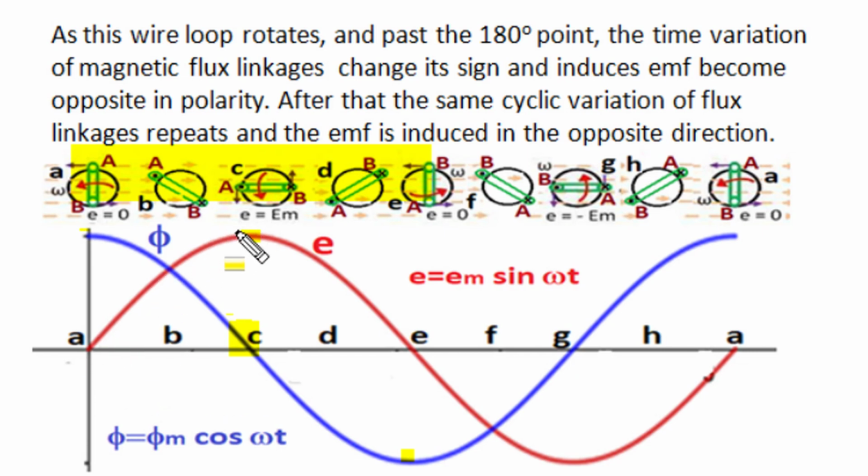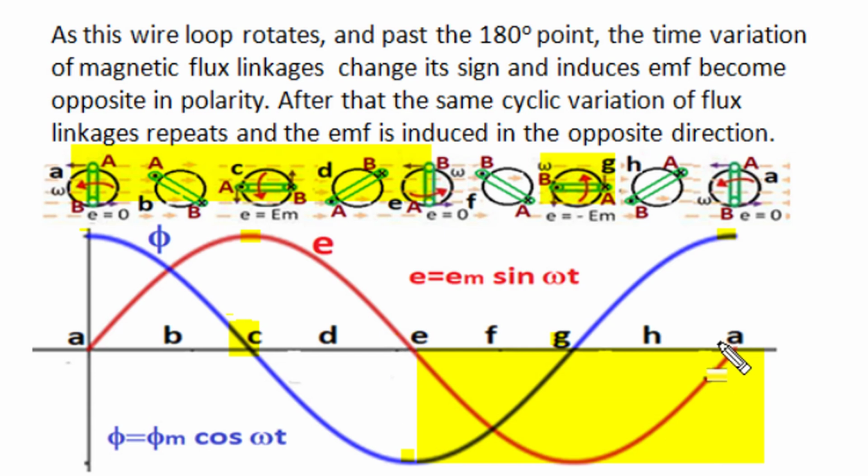So there is a half cycle of EMF, and further rotation of the same rectangle loop in the anti-clockwise direction continuously increases flux linkages. First it reduces in the opposite direction, becomes zero at position G, and then increases in the initial, previous direction and attains a positive peak as in the initial position, and a similar half cycle pattern of induced EMF follows as per the rate of change of flux linkages. Flux linkages are continuously increasing, having positive change, and negation of that results in a negative value of induced EMF.